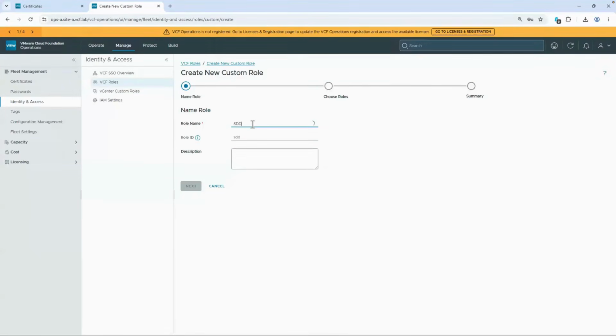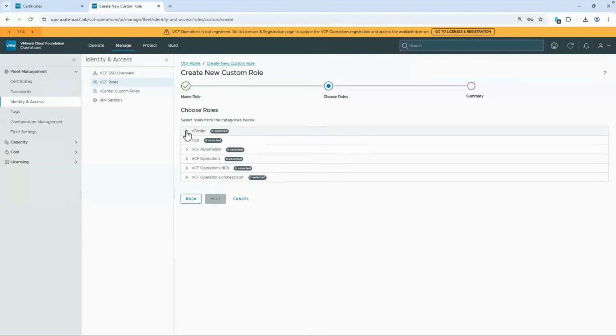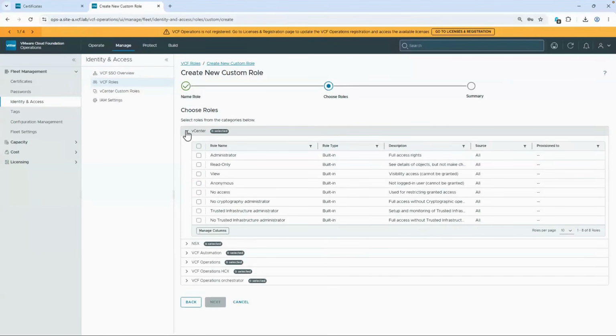All right. So there may be a few sets of roles that you may not find pre-built. So I'm going to create one. I'm going to call it the SCDC operator role. Going to hit next. And what we can do here, we can actually come in and get quite granular with